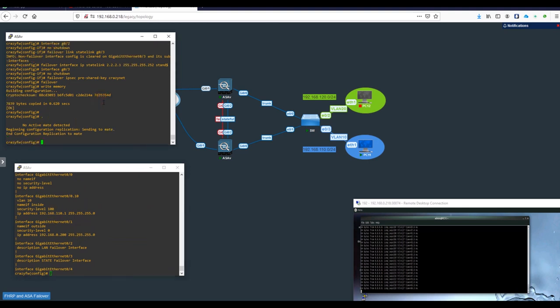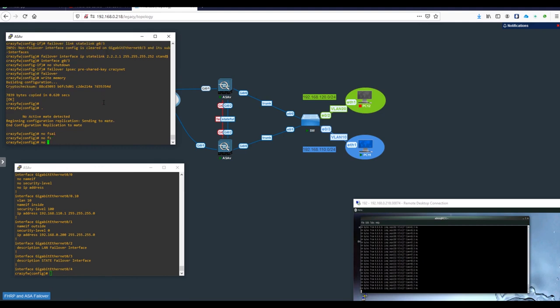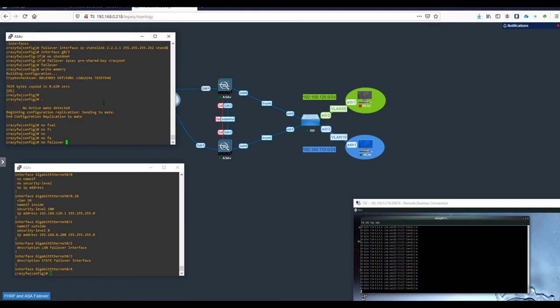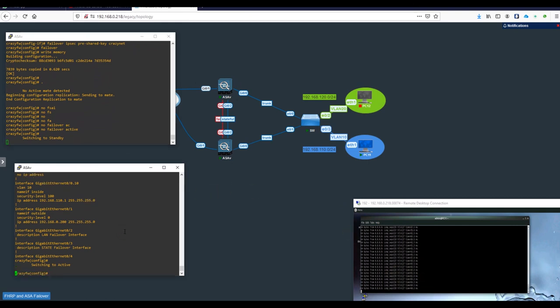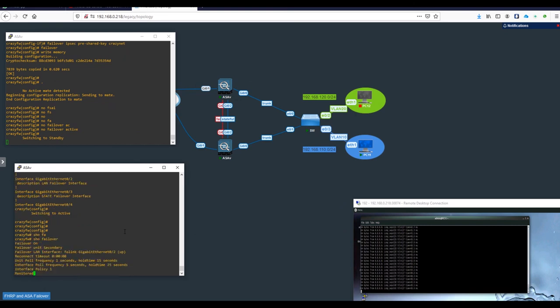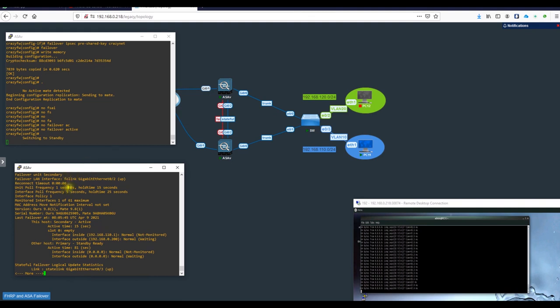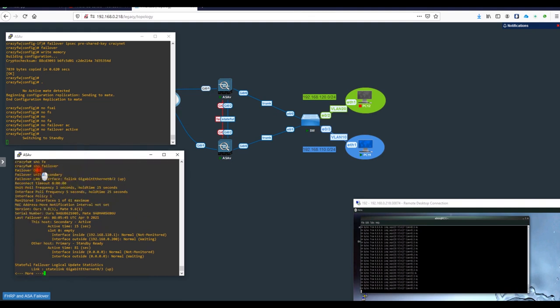So I'm going to say no failover active. Then this one is going standby and this one should be active. As you can see, the ping is still going. So show failover. Let's see what this says. Failover on, unit secondary, and interface up. Okay, then